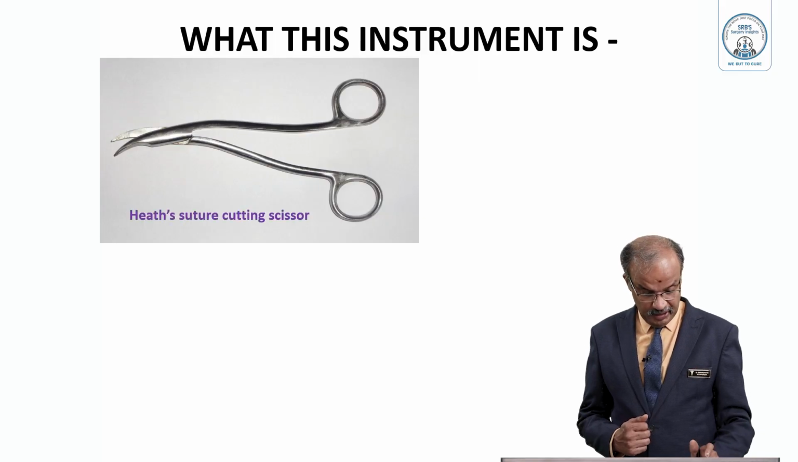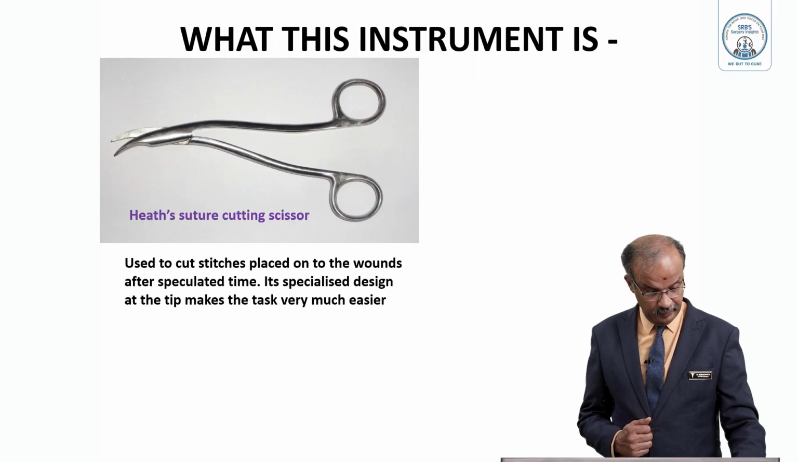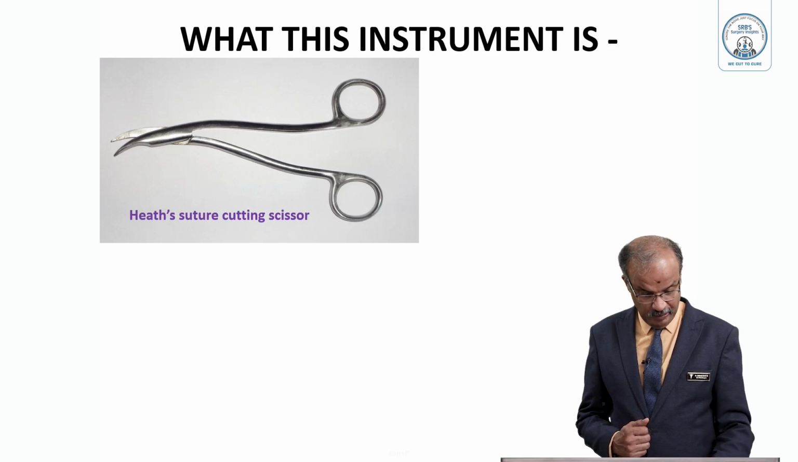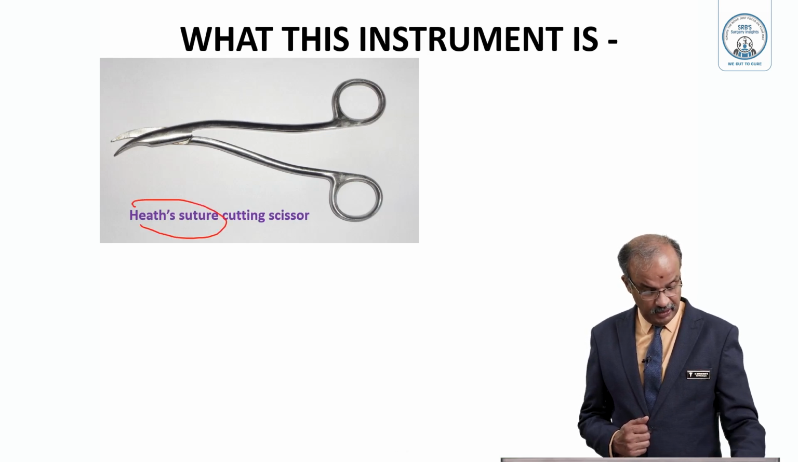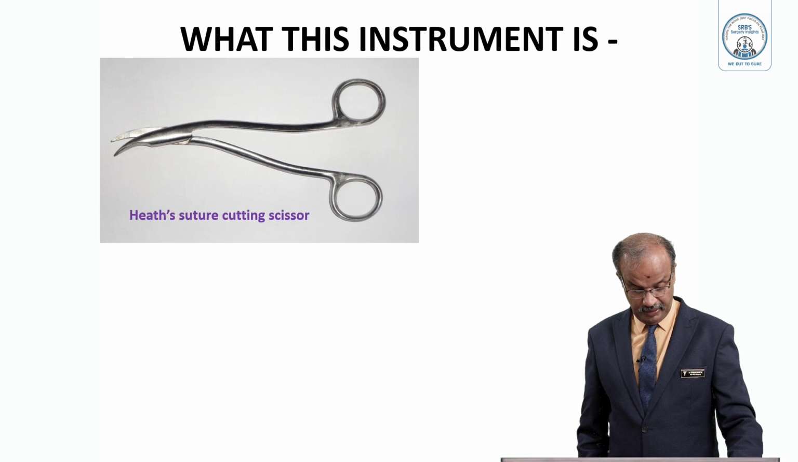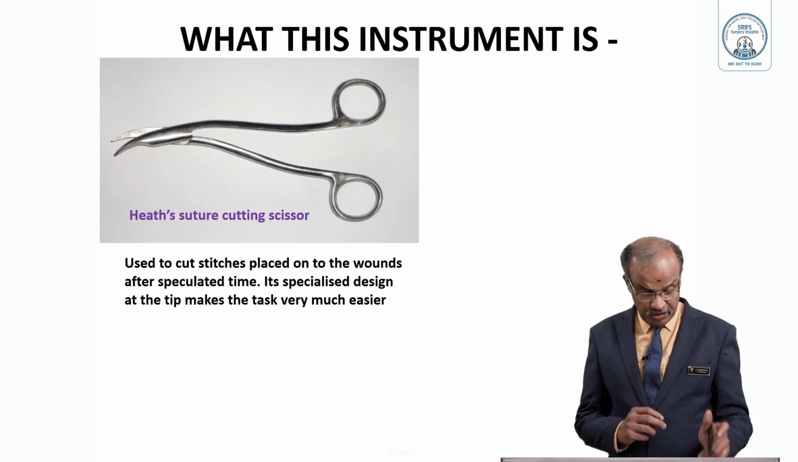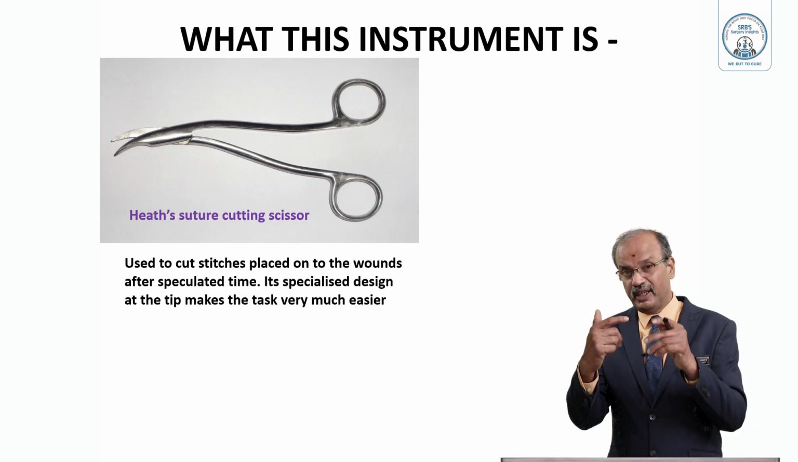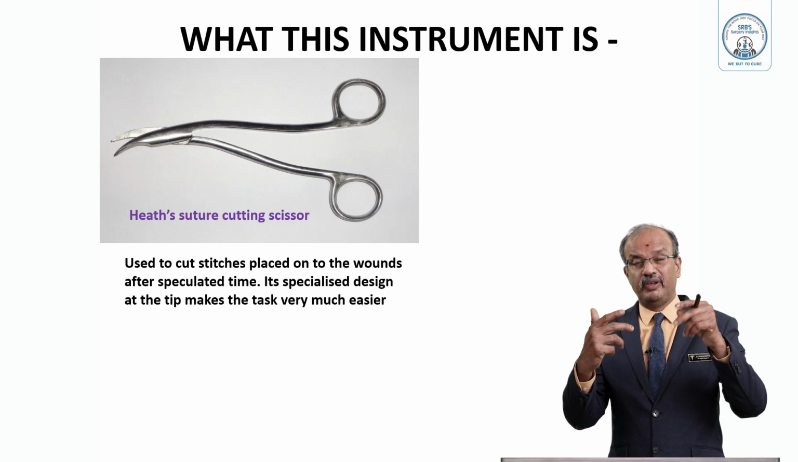Hello students, we will discuss an instrument. Identify the instrument and tell what its use is. What this instrument is, this is Heath's. Look at the spelling: Heath, H-E-A-T-H apostrophe S. Heath's suture cutting scissor. So what is peculiar? See the peculiar curvature, which makes it very easy to pass